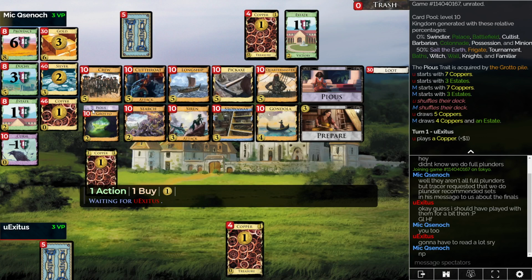It's very orange, but everything you could possibly want is here. I mean, there's Village, Longship, Draw, Trashing, Siren, Pickaxe, Pious, Grotto. I guess there's also Village and Prepare. There's some, I'm not going to say awkwardness just because it's Pickaxe with the plus buy, but it's coming out of this loot pile, that apparently you don't get to see, I guess, for obvious reasons,